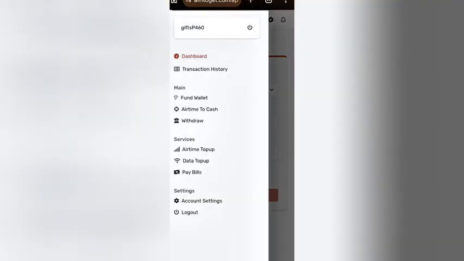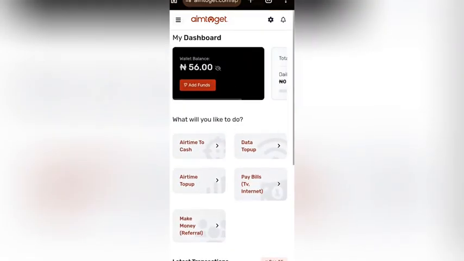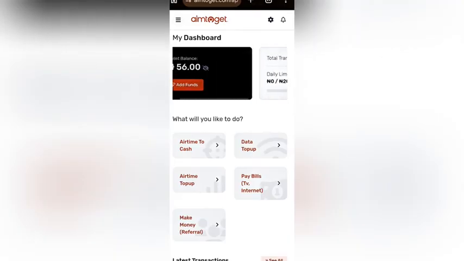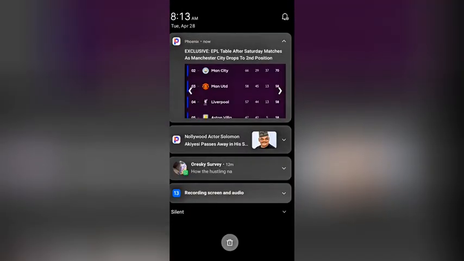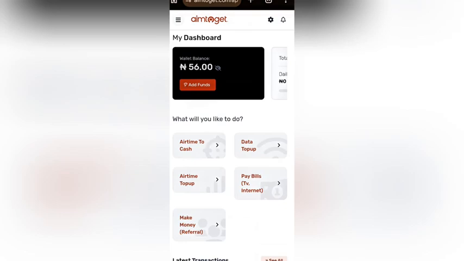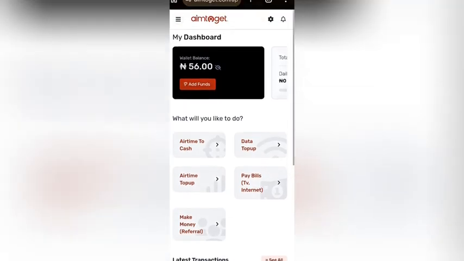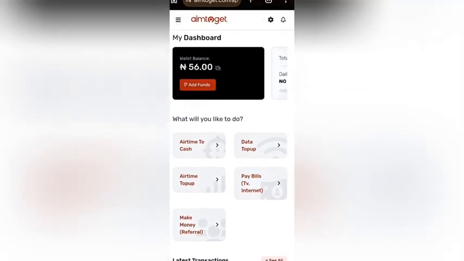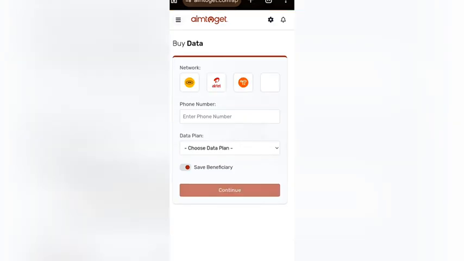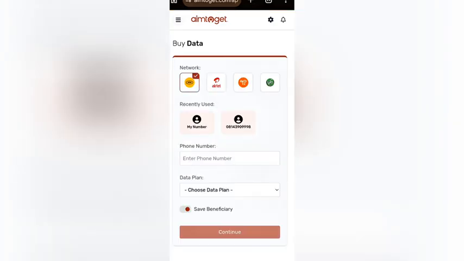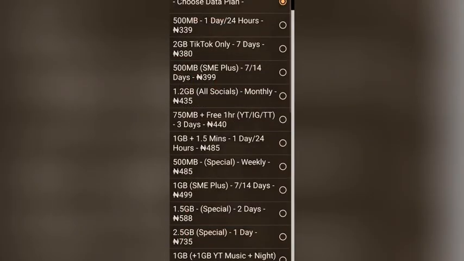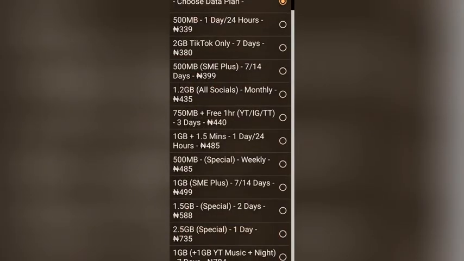So let's go back to the dashboard. So guys, I think that is all for today. For those of you that are struggling to get airtime and data at cheap rates, this is the best way for you. So let me check out the data top up. Click on data top up. Let's click on MTN. So for example, as I click on MTN, let me select. You can see the first one says 500 MB for 1 day, 24 hours,